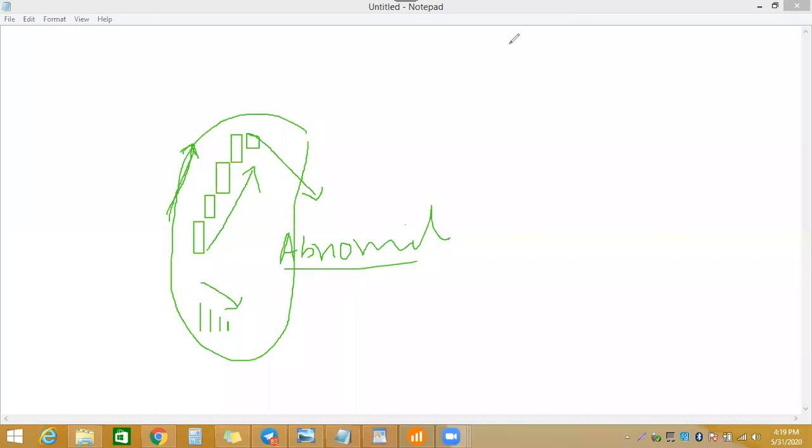Another case, this is the same for the sellers. If the sellers' candle is going down and you find this type of volume, there is something wrong. Because when price increases in the up direction and volume also increases, it means it's validating. It means this trend will continue. If you find this type of group of candles, look now.